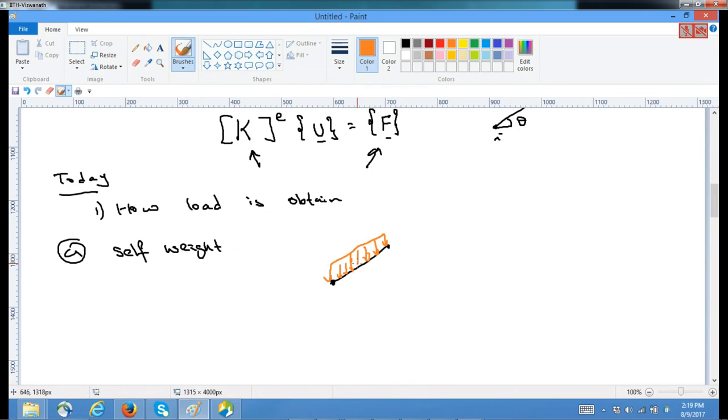Uniformly in the downward direction. Let's say it is small w, and small w into L will give you the capital W. So capital W is equal to small w into L. This is approximated in our case as equally distributed onto the nodes,